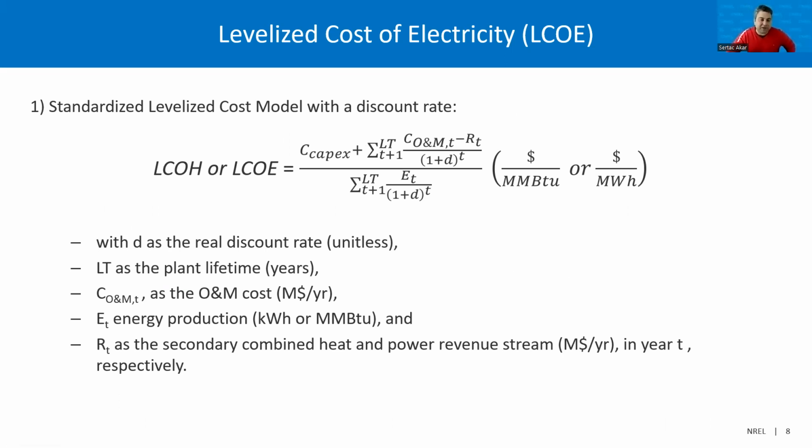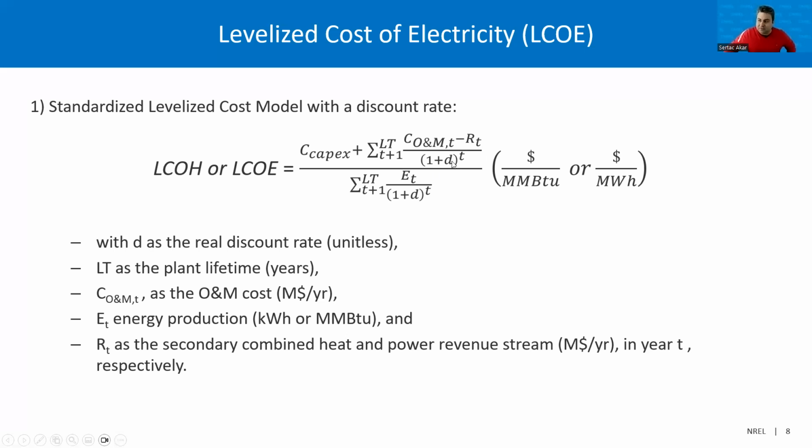If this is a combined heat and power plant and there's a revenue from heat as additional revenue, which will kind of help the O&Ms get less and less, this part is subtracted from the operational costs throughout the lifetime